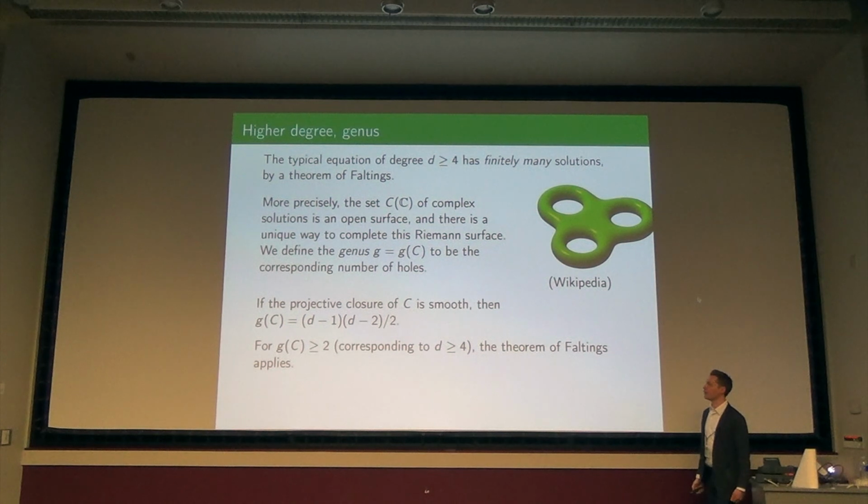Okay. And the theorem of Faltings says that if the genus is greater than or equal to 2, such as the case where the degree is greater or equal to 4, then the theorem of Faltings applies: there are only finitely many solutions. Okay, so it's a totally different world than what we had before in genus 0, where either there was a solution or not, and if there was, we could write them all down. There's infinitely many. Instead, there's always finitely many, and the question is, can you find them?